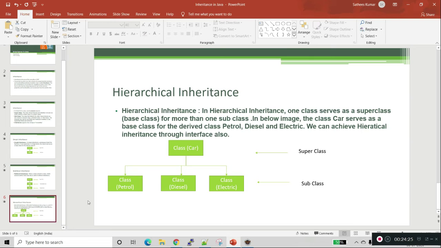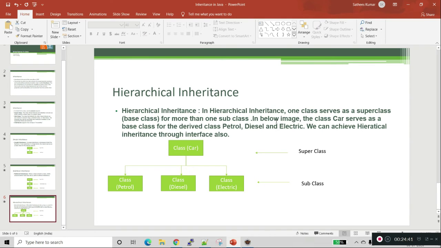The next type is hierarchical inheritance. Hierarchical inheritance is where a class has a super class, that is the base class, and we have more than one subclass.